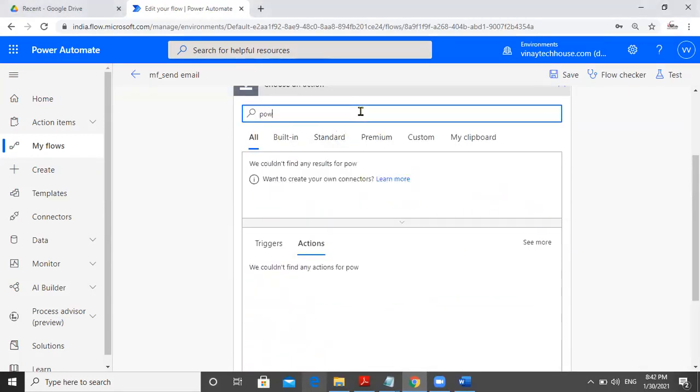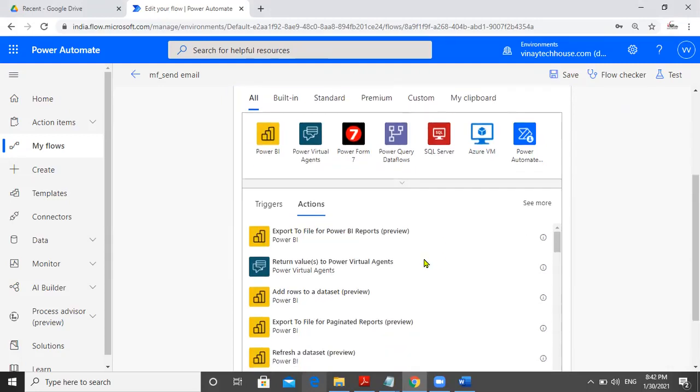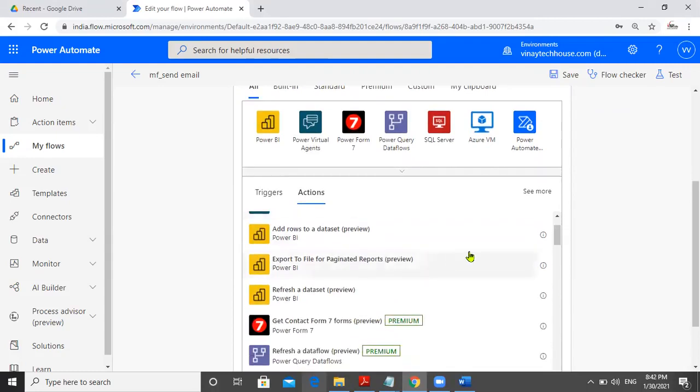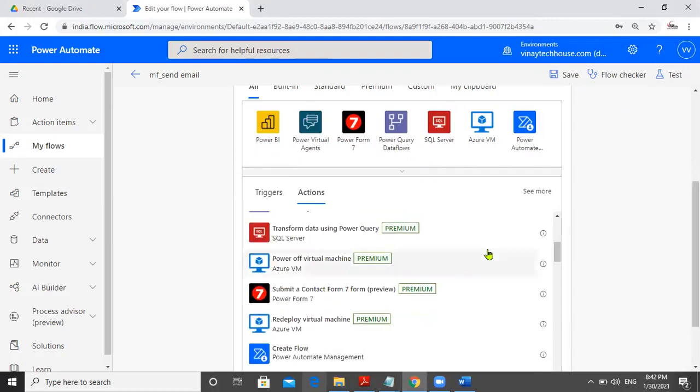You can type some interesting one. I go for Power BI. Power. See, power of virtual machine. If you want to power off your virtual machine, that is also possible.